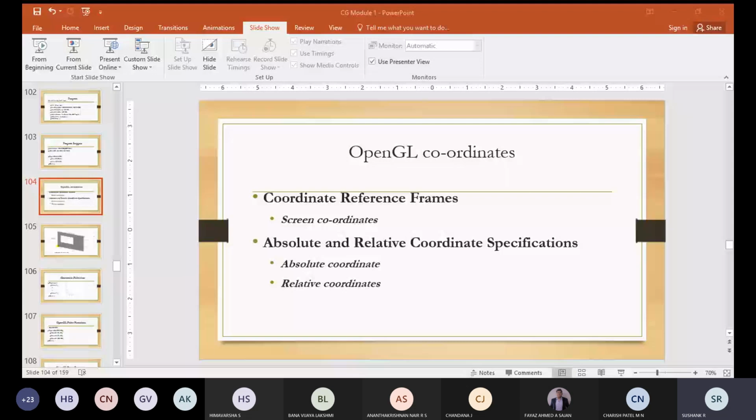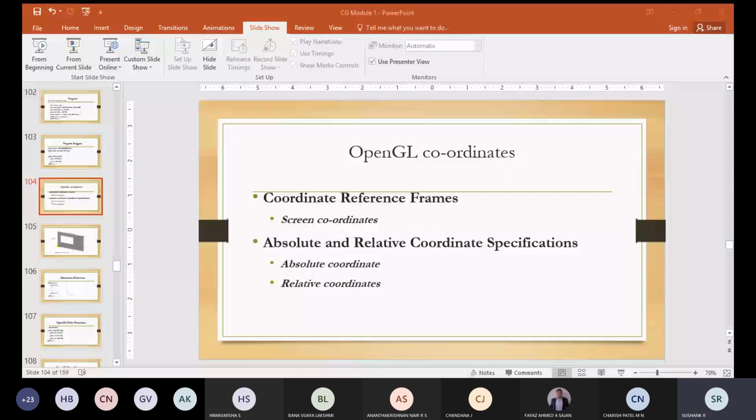So how do you create the primitive? How do you create the points? For that, I have given the syntax on the left hand side. The glBegin function takes type as the parameter. After that comes glVertex, and there can be n number of vertices between the glBegin function and the glEnd function. So what does glBegin tell? glBegin indicates the beginning of the object that has to be displayed, and glEnd indicates the end of that primitive.